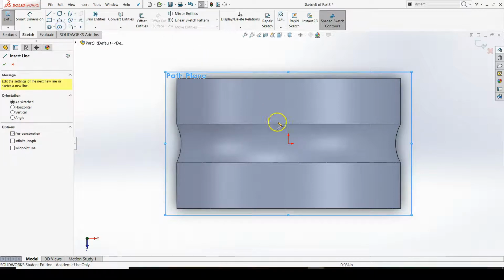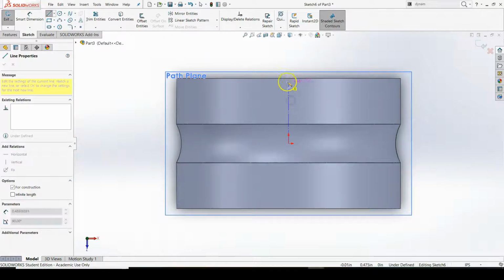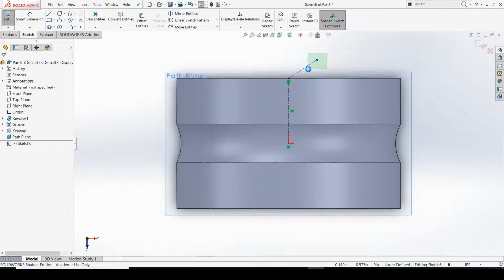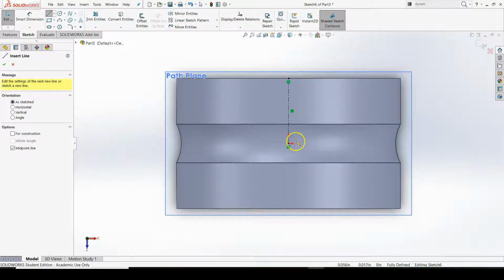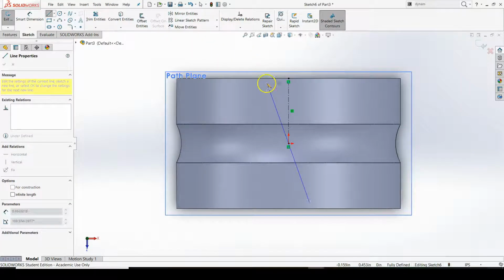So first I'll create a center line from the origin up to the top midpoint of my part, and I didn't mean to do this line here, so I'll delete it. And then I'm going to do a midpoint line. I'm going to do a midpoint line from the origin, and I'll come out a bit ways past the depth